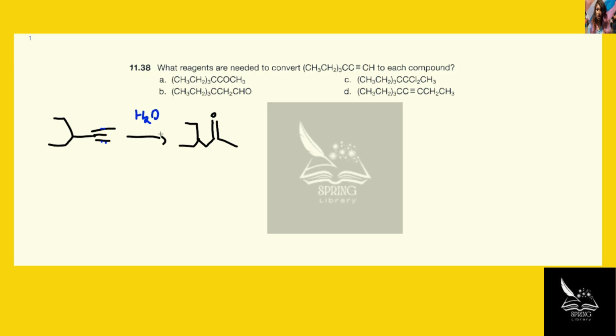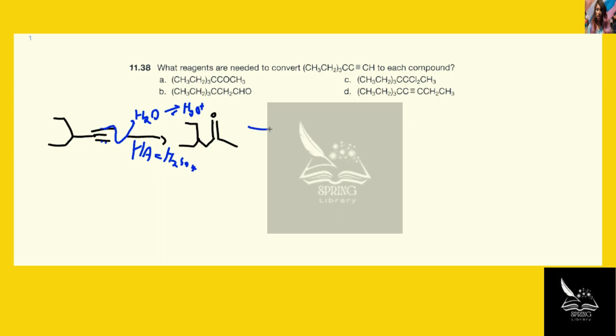But now we need something to protonate the system to make sure it's acidic water. So we know that water needs to exist in equilibrium with H3O+, the acidic version of water. And the only way we can do that is adding any strong acid, such as an HA, which is H2SO4. So if I were to do that, we know that following Markovnikov's rule, we'll pick up a proton on the side with the most number of protons,